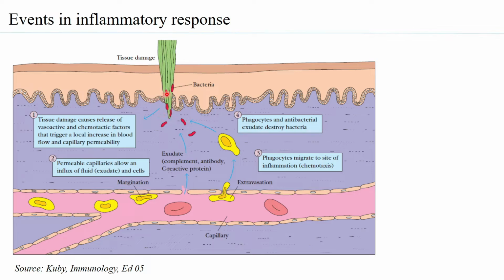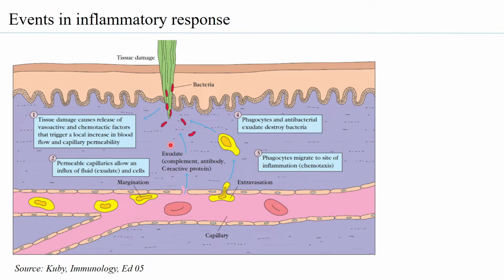What is interesting to note is that the tissue damage and the influx of the bacteria into the tissue results in release of several vasoactive and chemotactic factors, and these are able to trigger a local response. So when you say local response, that means the neighboring blood vessels around this area are getting